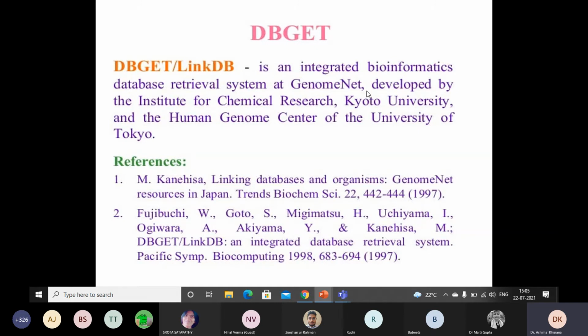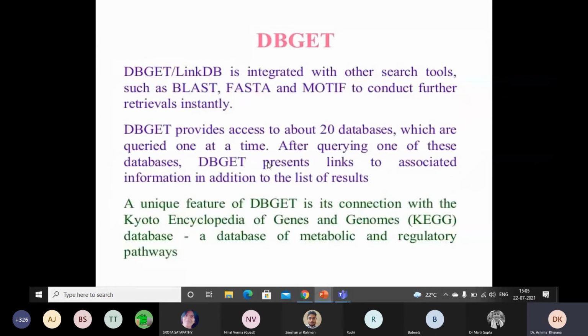It is an integrated bioinformatics database retrieval system at GenomeNet, developed by the Institute for Chemical Research, Kyoto University, and the Human Genome Center of the University of Tokyo. And it is integrated with other search tools such as BLAST, FASTA, and Motif to conduct further retrieval instantly. dbGet provides access to about 20 databases which are queried one at a time.